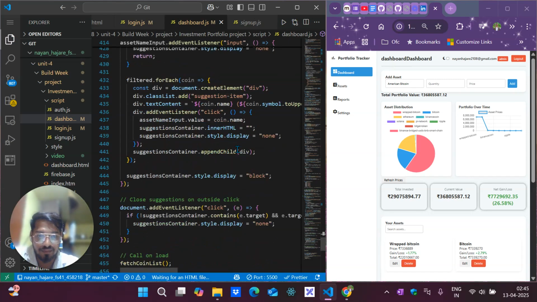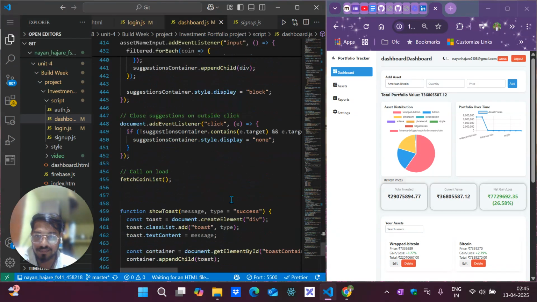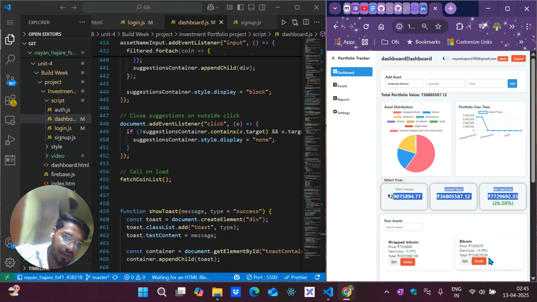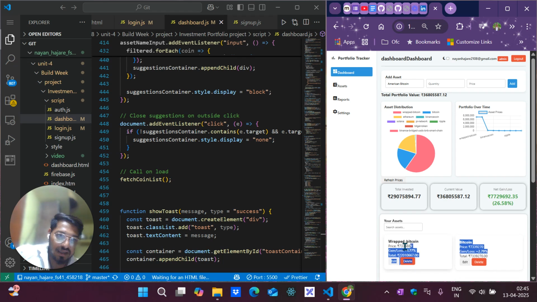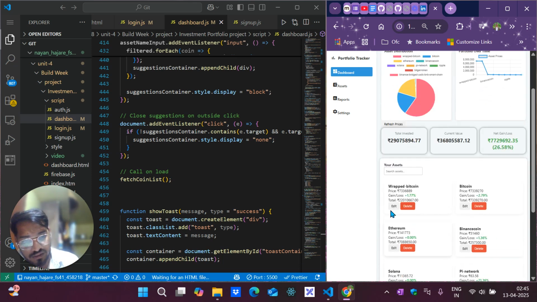Now let's go to another feature, portfolio loss and gain. So here we can see what we have invested and here the gain or loss is there. They are color changing in nature, so if it is a gain, it will be